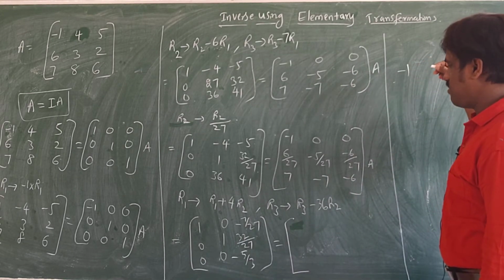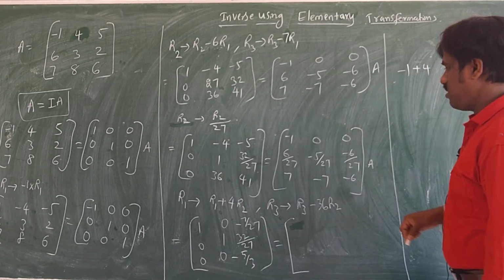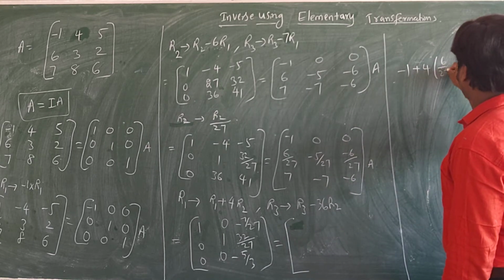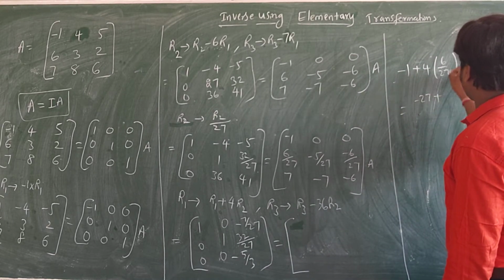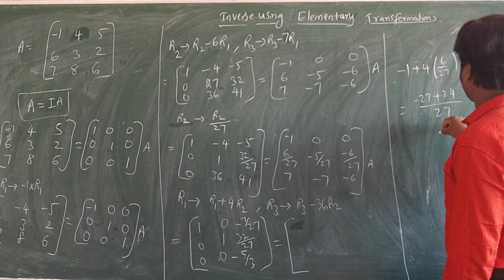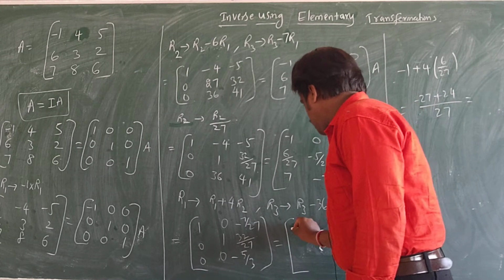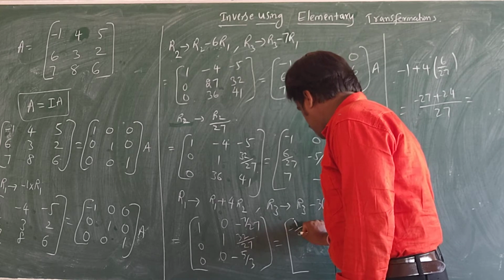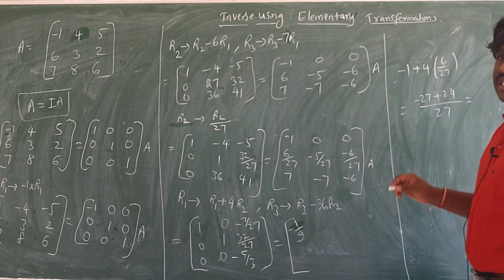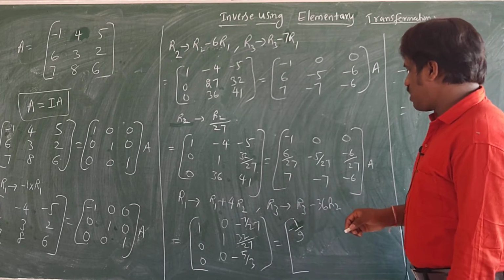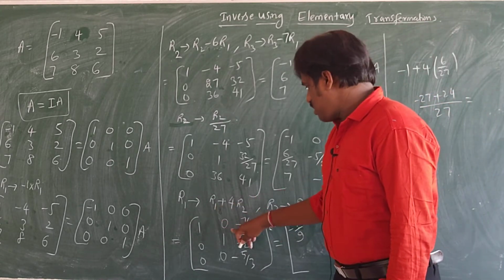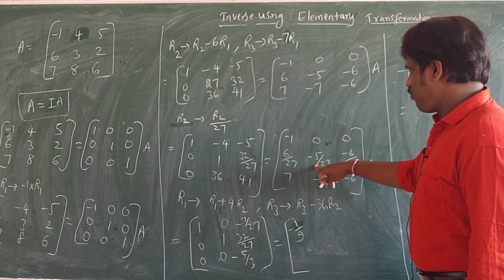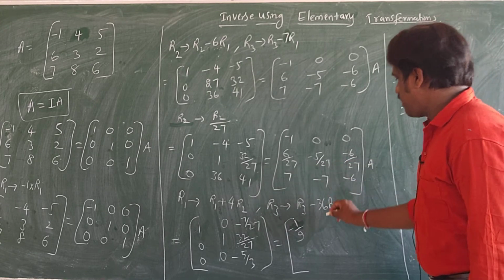Tell me, minus 1. Fast, please. Minus 1 plus 4 times R2. 6 by 27, 6 by 27. So minus 27 plus 6 fours are 24, divided by 27. That is minus 3 by 27. Minus 3 by 27 means minus 1 by 9. See, the calculation has become difficult. Okay, so now what you have is R1. R1 plus 4R2 means minus